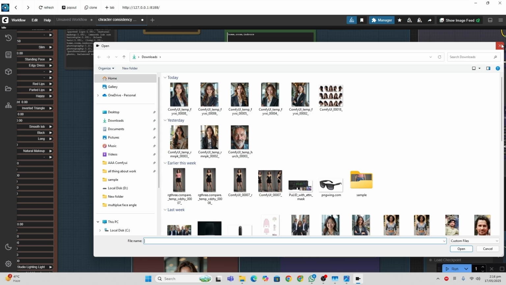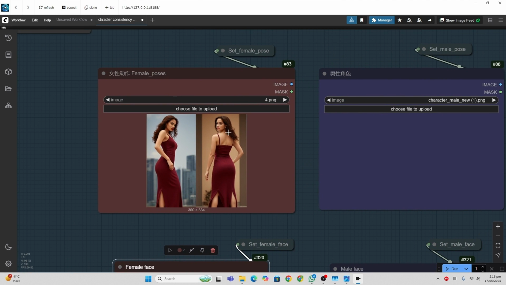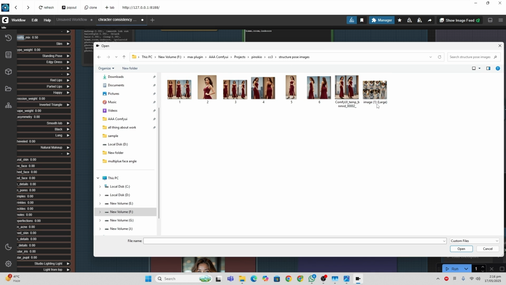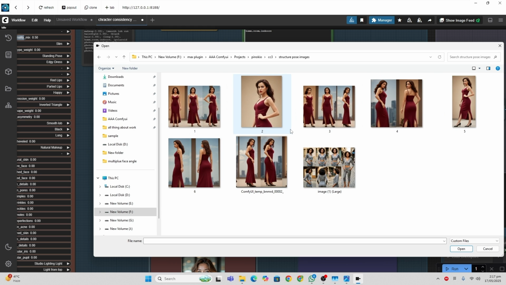Here this one is a very important thing, female poses. What type of poses you want, what type of angle of the body you want, all of these images will be on the Patreon. In these pictures you can see the body in different angles and poses. So this will be the structure for us. You have multiple bodies and angles, so it will be very easy in future to train our LoRA on these images. So I will render all of these, but let's start with this.